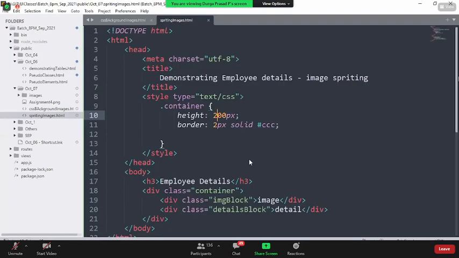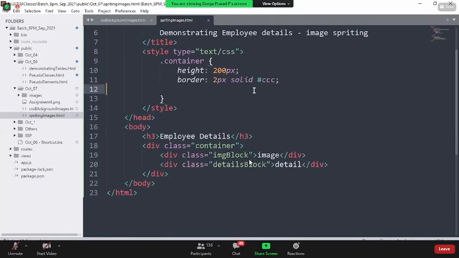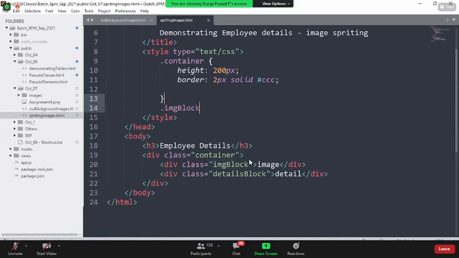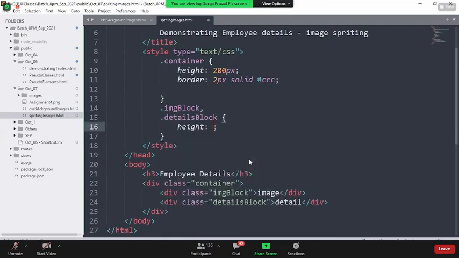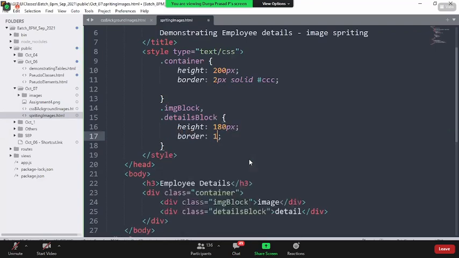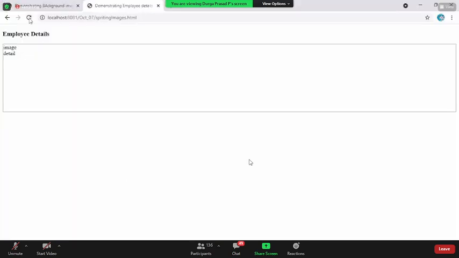Now on the top, for the image block and the details block, both have the same height of 180 pixels. I add a border of 1 pixel solid. If you see, this is how it is coming.